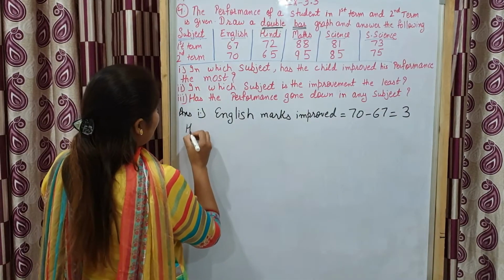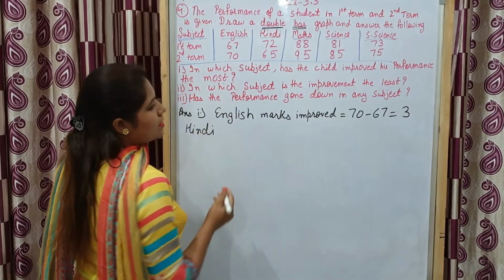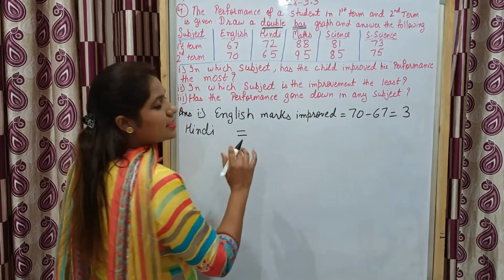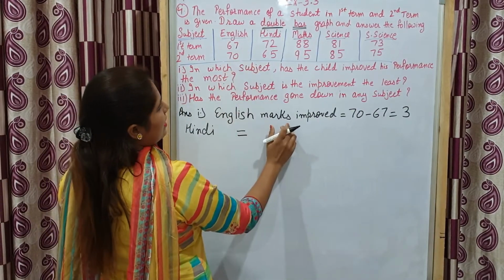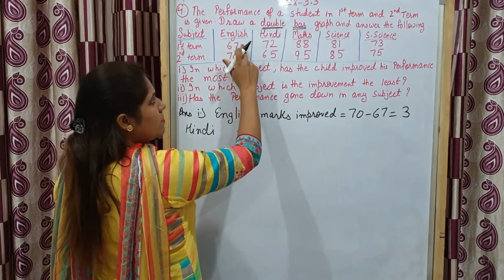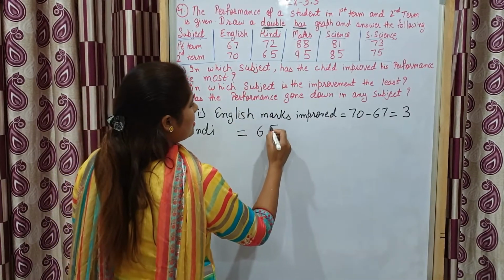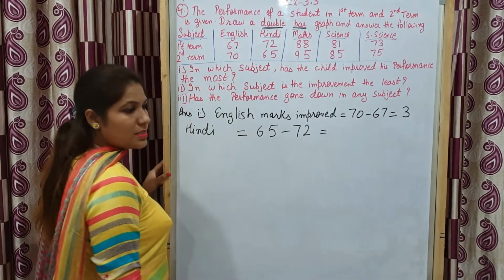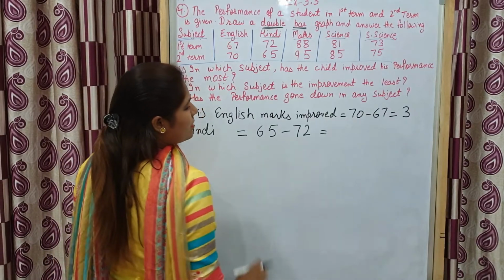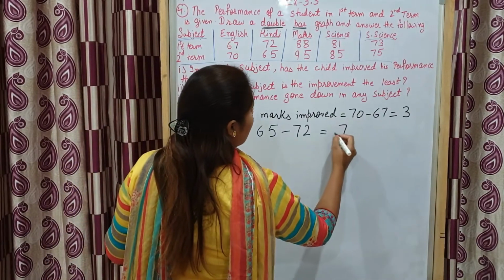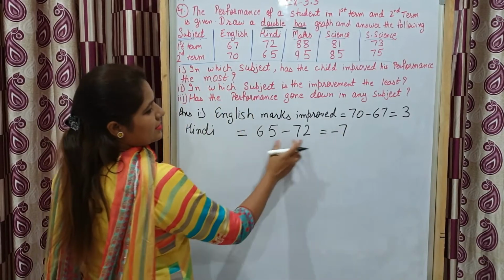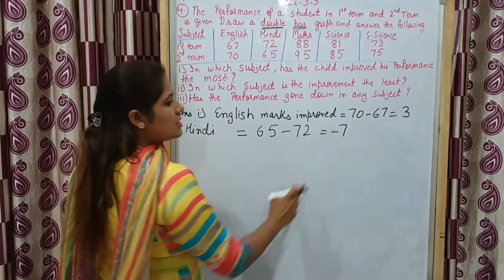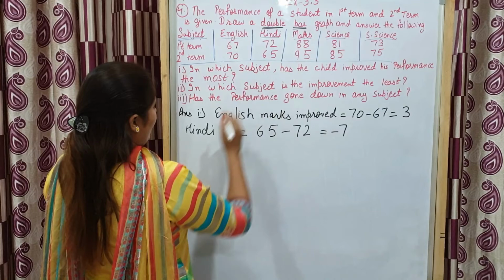Now in the subject of Hindi, there is no increase in marks, it decreased. So that is why I will write it in negative. Means in this case I write second term first, then first term. Similarly second term first, then first term. So see here, plus minus minus, the sign of the bigger term. So 72 minus 65 is 7, but with a minus sign. That is why it denotes that there is not an increase in marks, there is a decrease in marks because of the minus sign.